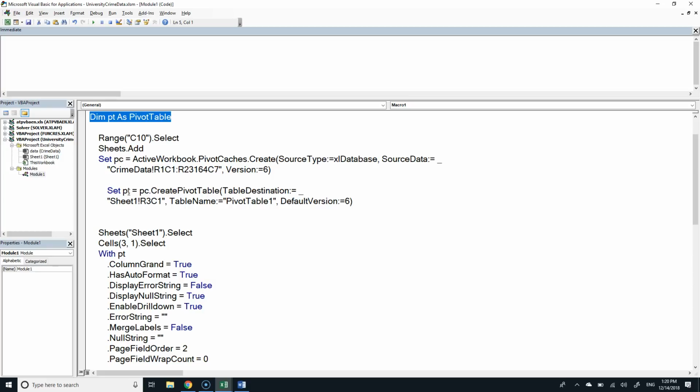So even if you're not savvy enough to split that out in your variables the way we are, Excel will prevent that, because a pivot cache is a heavy-duty thing, right? It's got a copy of the whole data that you're going to be manipulating. And if you make two of those, they really don't want you to get two of those objects in memory. Yep. Do we need to know the arguments for the CreatePivotTable? Oh, you need to know the arguments for the CreatePivotTable, and the answer is no. No.